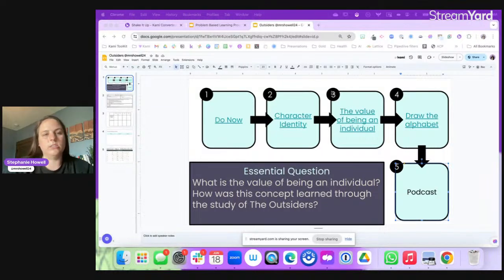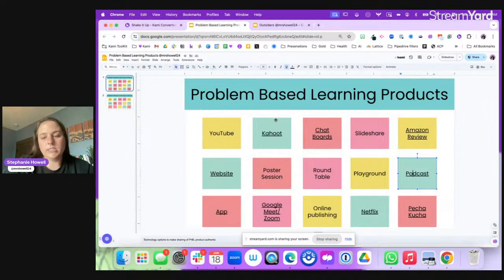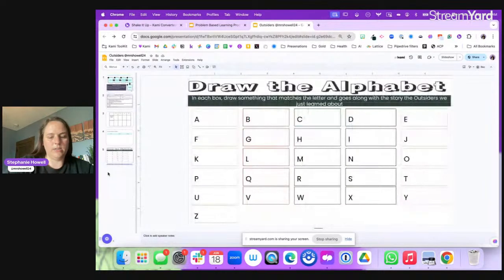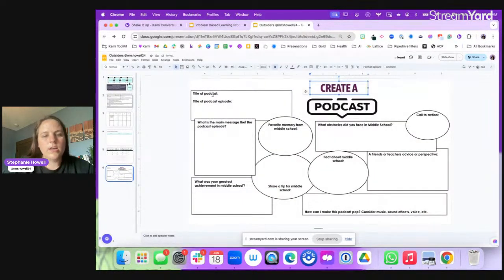It's also not just limited to these. You could have your students create a game. You could have your students do a quick summative assessment, right? But I want my students to create a podcast, and here might be the notes that they use. So they're going to come up with the title, episode, what is the main message that the podcast episode,